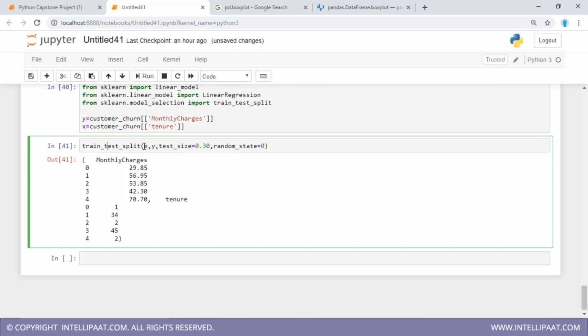Now I'll be getting 4 results over here, and those 4 results are xtrain, xtest, ytrain, and ytest. These are actually the labels which we conventionally use. I'll explain what these are exactly. So over here, xtrain represents all of those values of your features which are